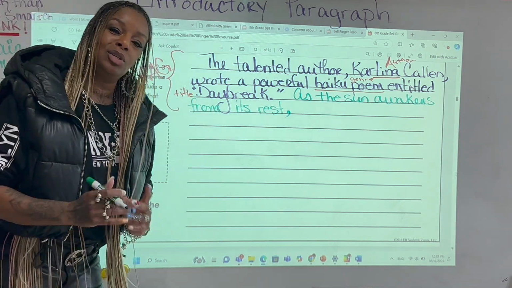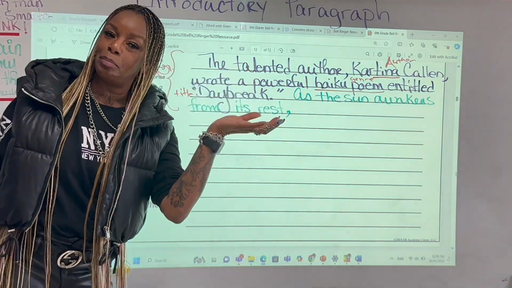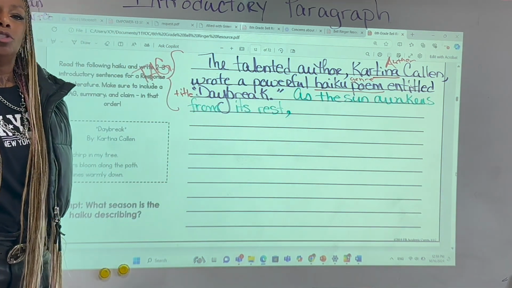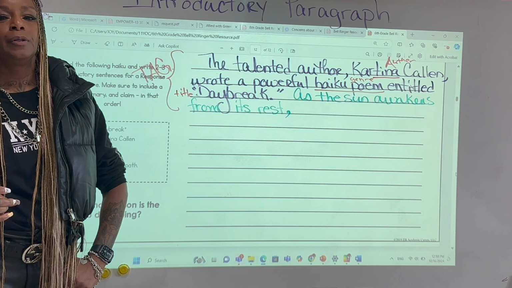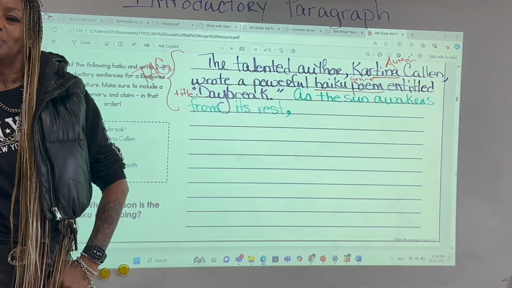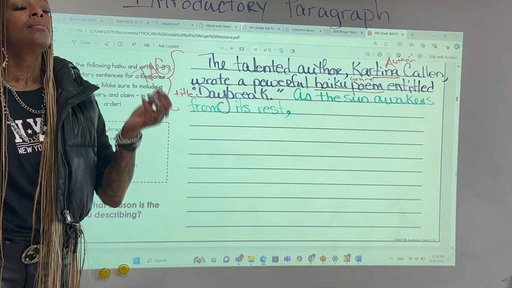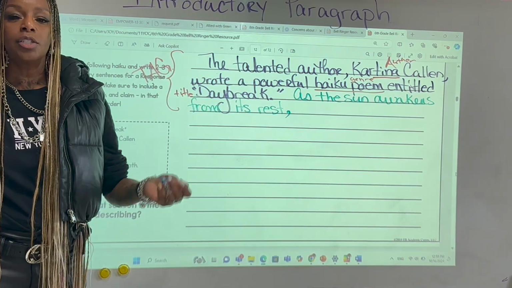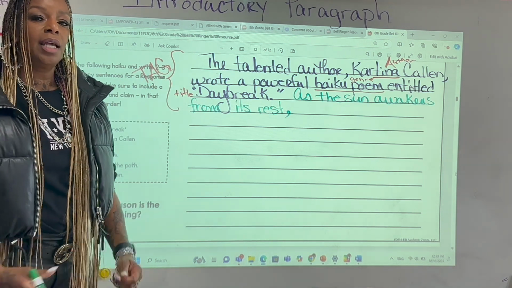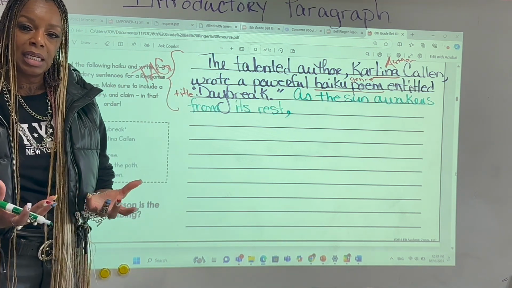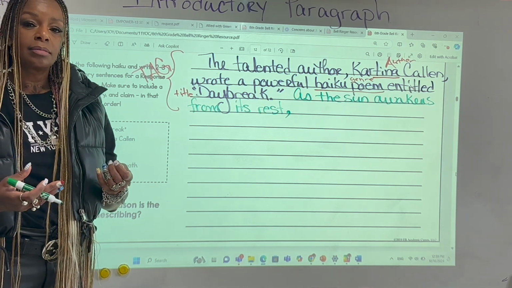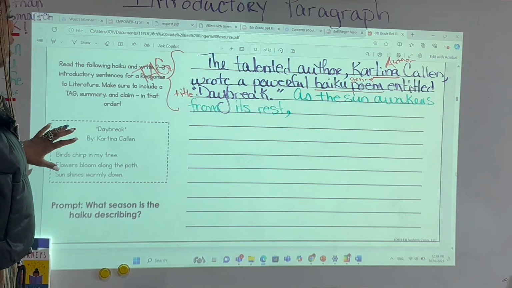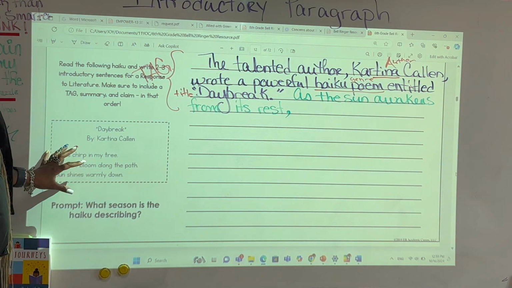So I teach my students a way to determine what a complex sentence is, compound sentence. So what goes into a complex sentence? Anybody? A subordinating conjunction. So you got a subordinating conjunction, and they create what type of sentence? Complex. Yeah. And an independent clause. Right. Very good. Creates a complex sentence. So as the sun awakens from its rest,